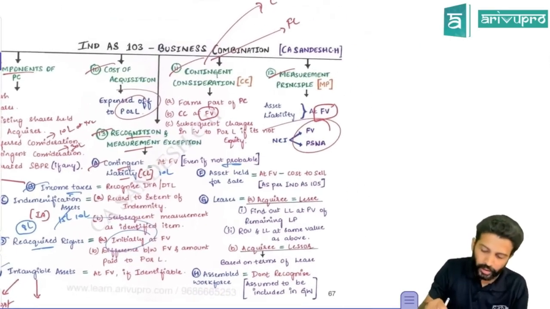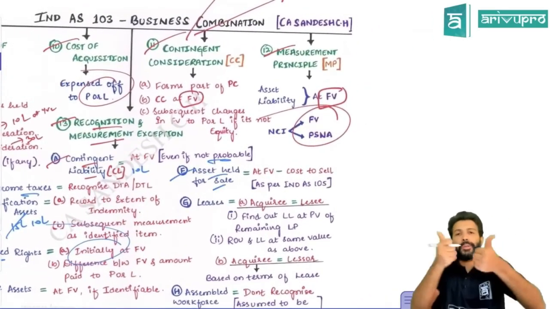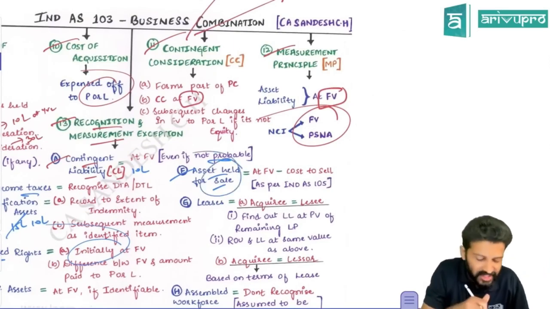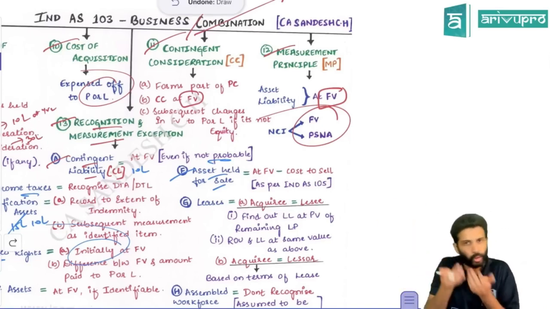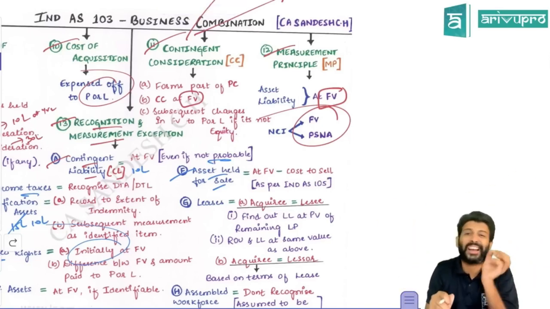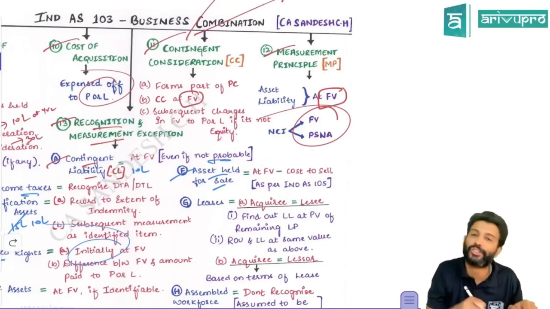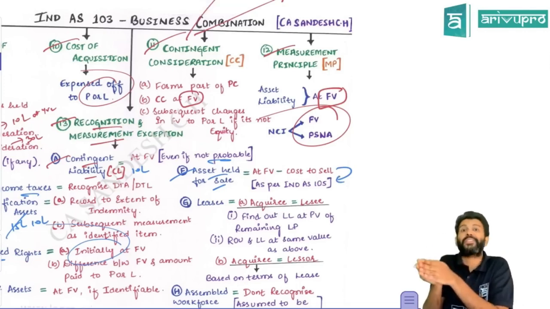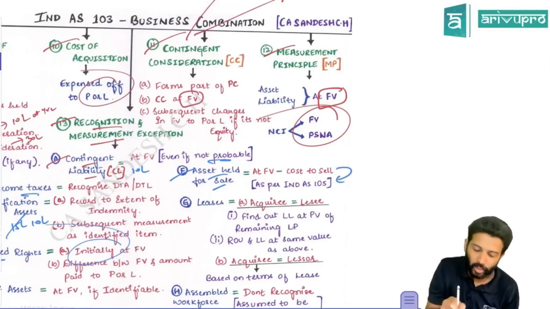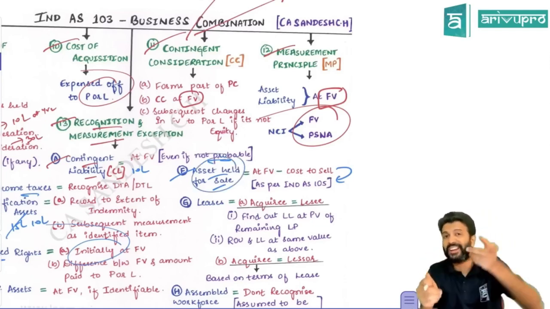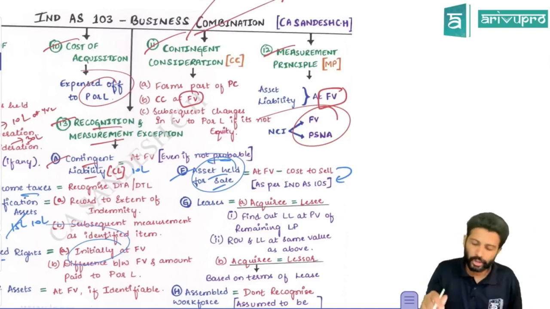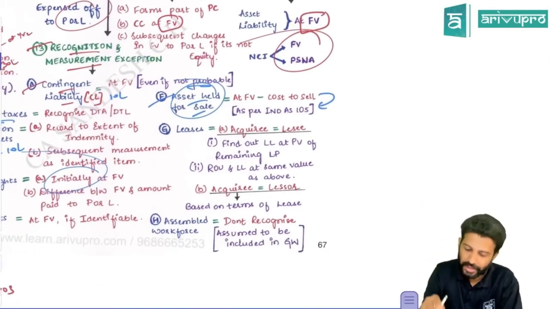All right. Okay. Next is asset held for sale. So normally what is the thumb rule in business combination? All the assets and liabilities you record at fair value. However, if any asset that the parent acquired from the subsidiary due to business combination is by chance classified as held for sale, then such an asset will not be measured at fair value. It will be measured at fair value less cost to sell, meaning its measurement will be the same as per IND AS 105 only. So normally you record business combination assets and liabilities at fair value. But this is the only asset where, if you have acquired it and it is classified as held for sale, you will not show it at fair value, but fair value less cost to sell. Hence, it's a measurement exception that we are talking about here.